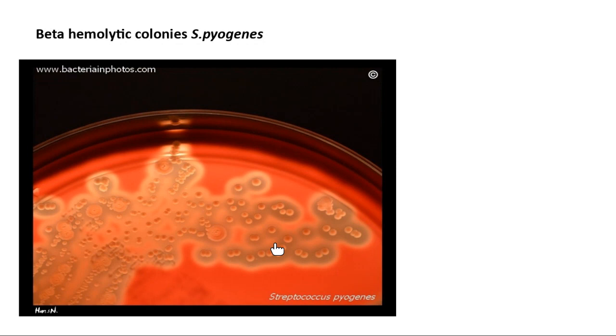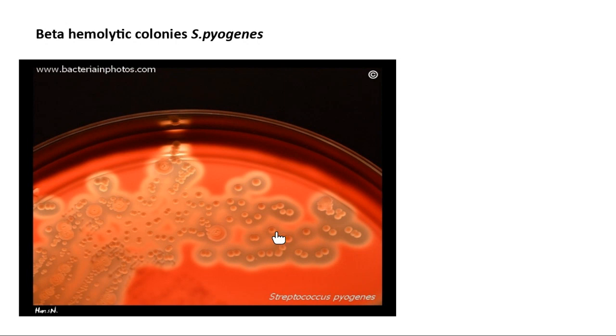So if you remember, there are three types of hemolysis: alpha, beta, and gamma. A for alpha, A for almost. Almost means not complete; it is hemolysis but not complete. Then B for beta hemolysis, B for best. Best means complete hemolysis. And the last one is gamma. Gamma looks like the Arabic word la. La means no hemolysis. So there are three types of hemolysis: no hemolysis, almost hemolysis but not complete, and complete hemolysis.